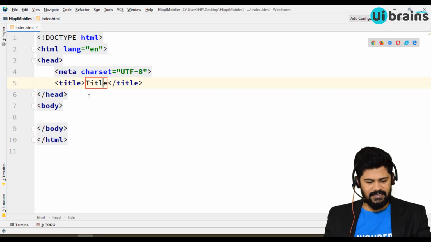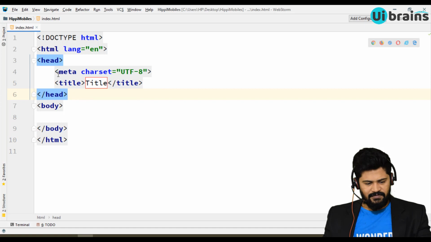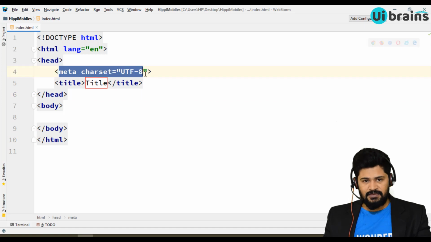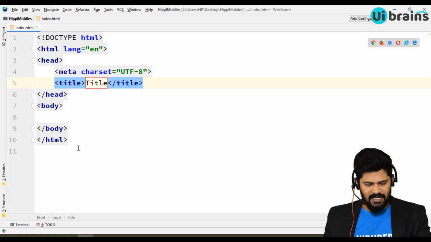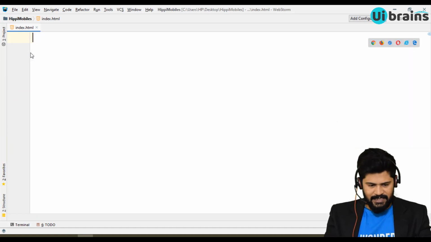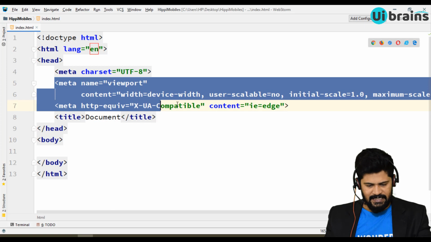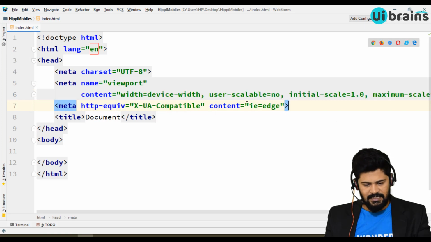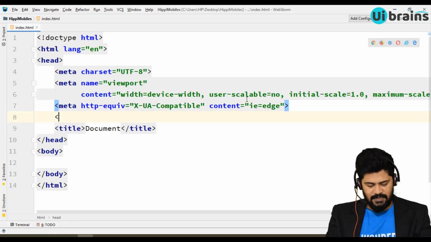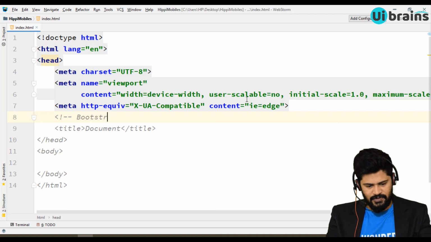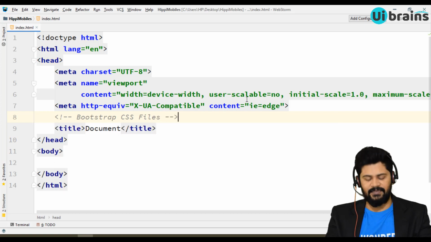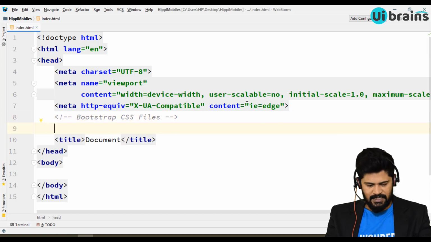Okay, so let's start. First of all, we need to have the meta tags for responsiveness. Those tags are not available here. You can do one thing: you can delete the exclamation and press tab. Okay, so you got some meta tags for responsiveness, and then let's start connecting the CSS files. So Bootstrap CSS files. Okay, so here I write link